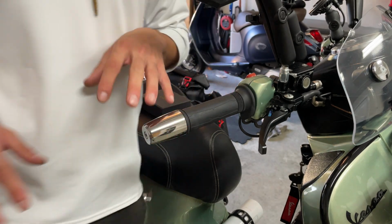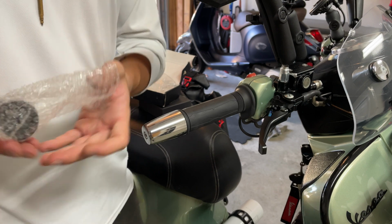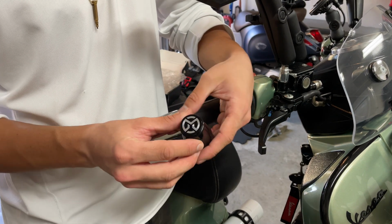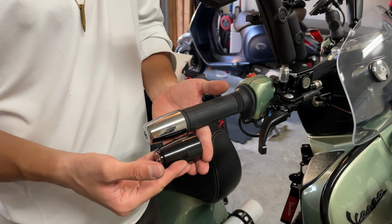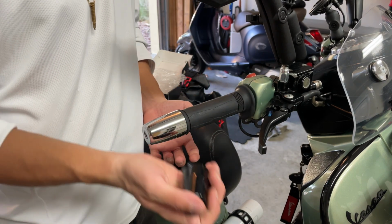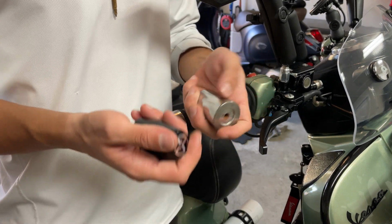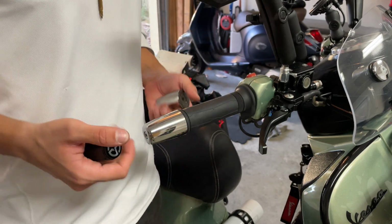But in my case, I'm gonna be changing this chrome one. Got two different styles here, but this one is the one I'm gonna be using on my GTV. As you can see, it's exactly the same, but in glossy black with the BRX logo very nice in there. Very nice looking gloss black, very high quality. I believe it's the same weight. I can feel them, and they actually feel kind of the same. I don't have a balance here to measure it very accurately,